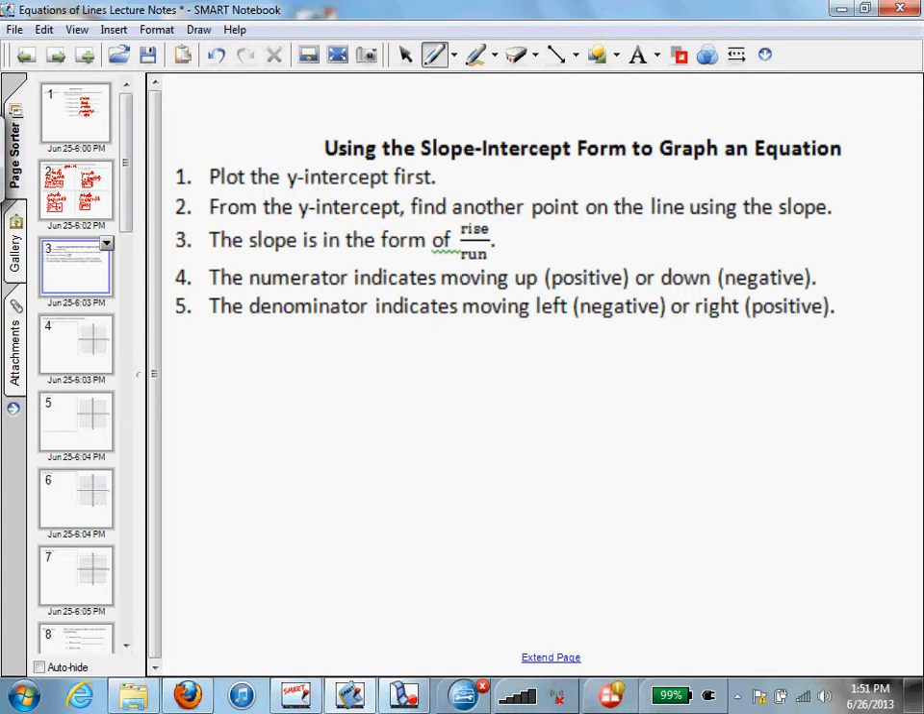Okay, and we're going to talk about using slope-intercept form to graph an equation. So we plot the y-intercept first. Remember that was the b of the y equals mx plus b form. From the y-intercept, find another point in the line using the rise over run. That's going to be where the m is some number,